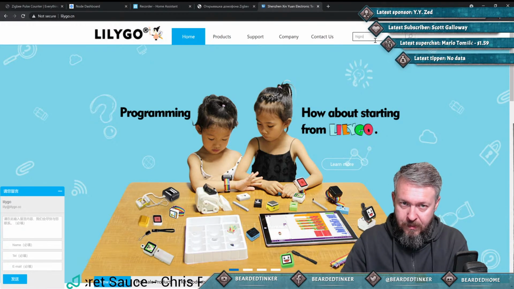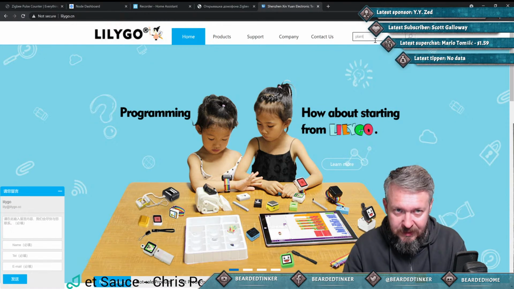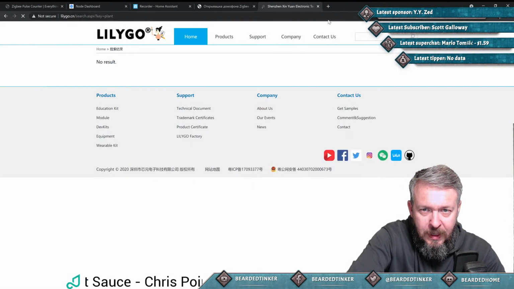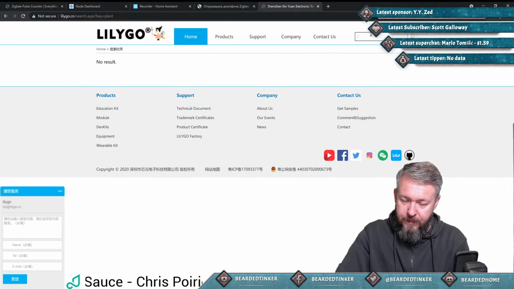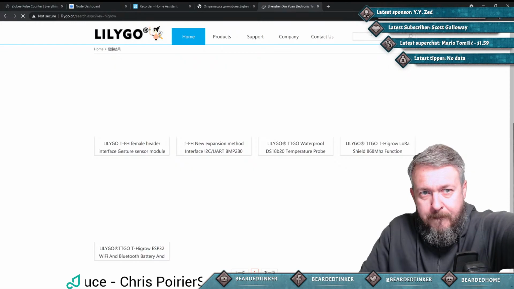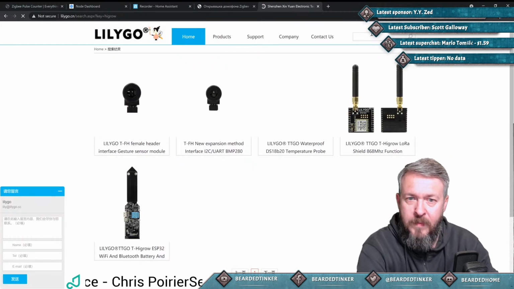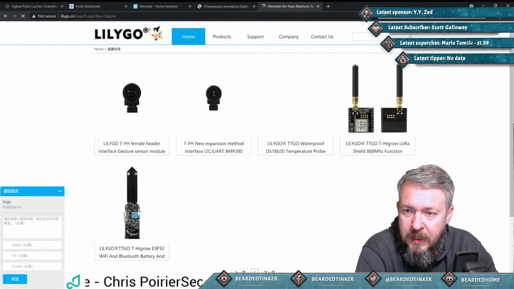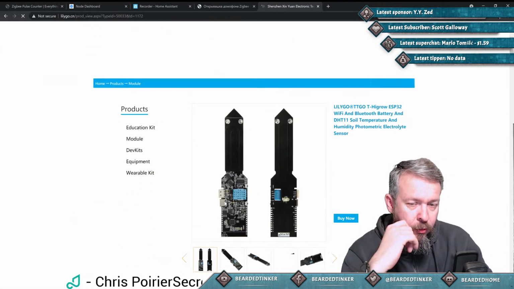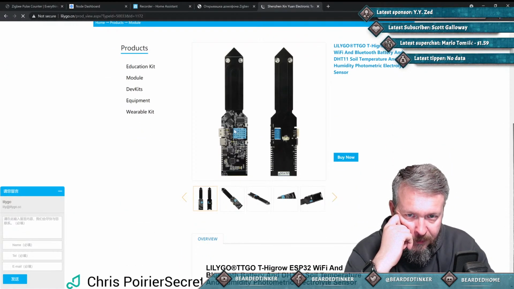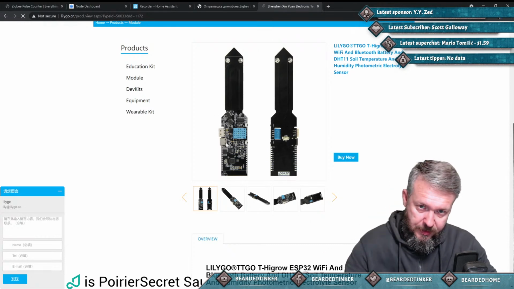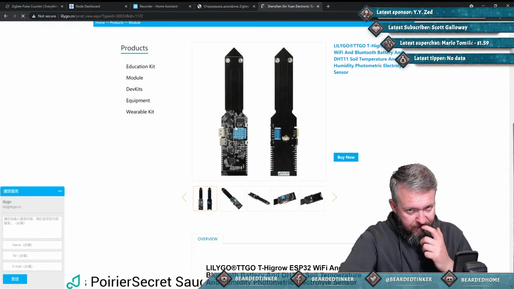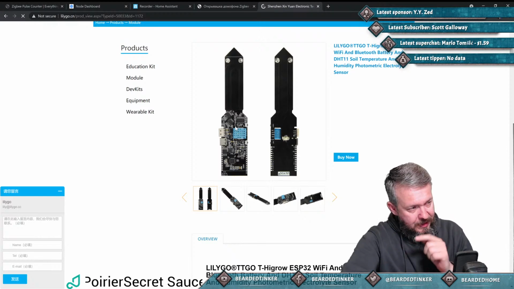Let me try and find the plant board. Search like this. Yeah, they still didn't release it. There is a new version of the board. The new version doesn't have this sensor here. It has the BME 280 sensor, which is much more expensive. And I've seen that the price for the BME sensor